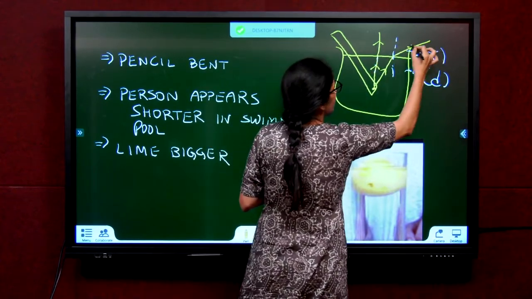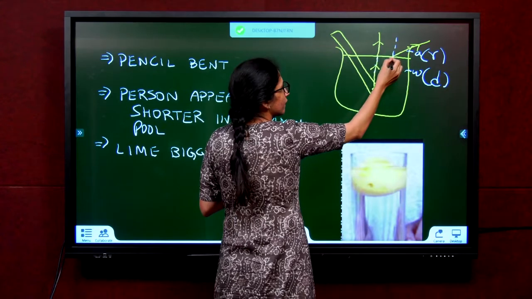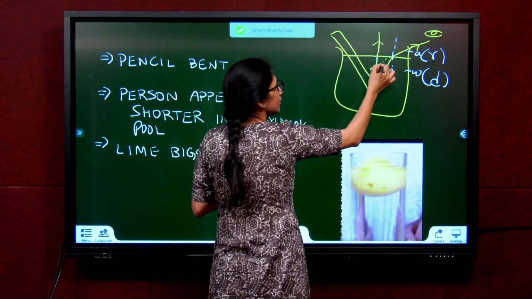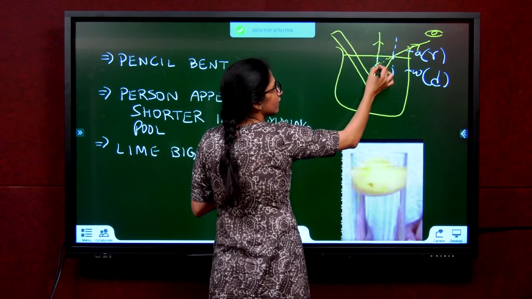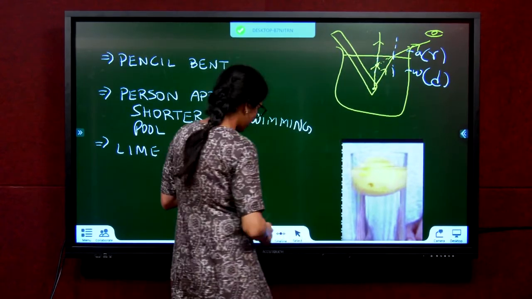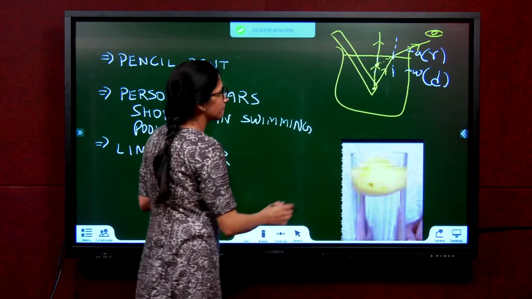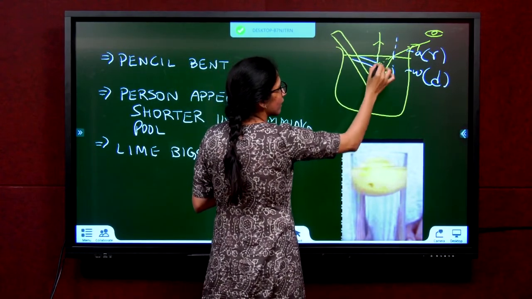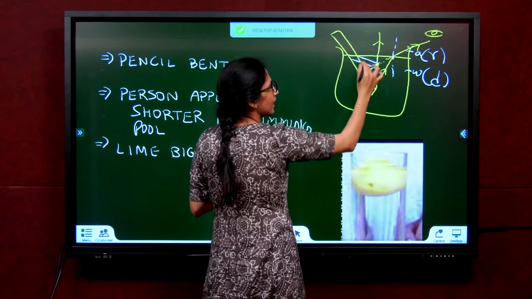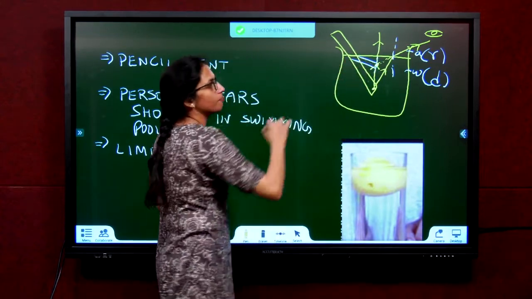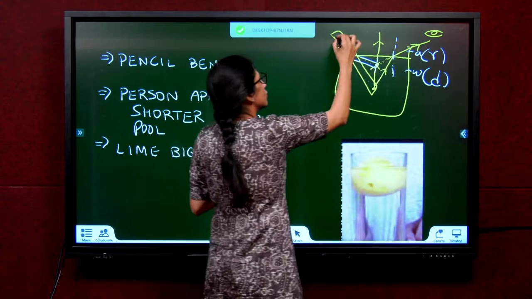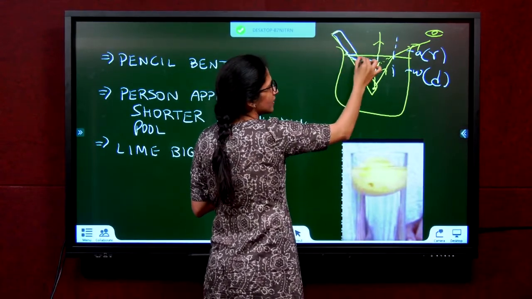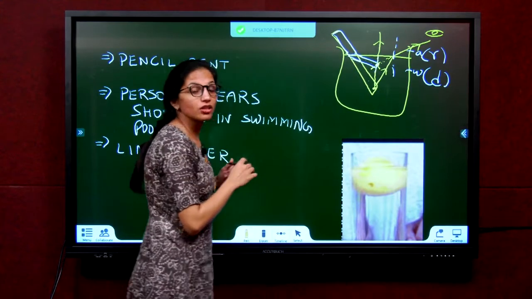It will go bending. So now if you are standing here and observing this, you will feel that the ray is coming from this point. So what has happened now? This bottom of the pencil will go there. So every point on this pencil gets raised up and the pencil appears bent. So you will be seeing this actual pencil, and here you will be seeing the image of the pencil. So the pencil appears bent.